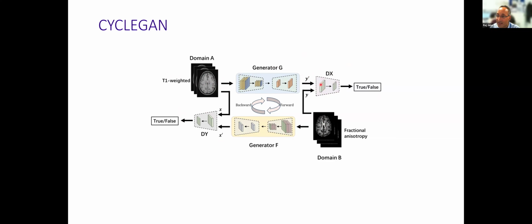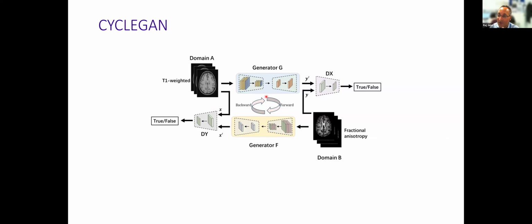It then has a discriminator that tries to learn whether that scan is a real one or a fake one. Under one optimization function, one goal, you want that part of the network to get as good as possible at generating fake DTI scans and telling the difference between real ones and fake ones. Then back to back, you've got another one that goes in the opposite direction, that starts with a DTI scan and generates a synthetic MRI scan, and gets as good as possible at doing that and working out which is real and which is fake. I never understood why you needed the backwards layer, but it's the fact that this can go round and round iteratively.